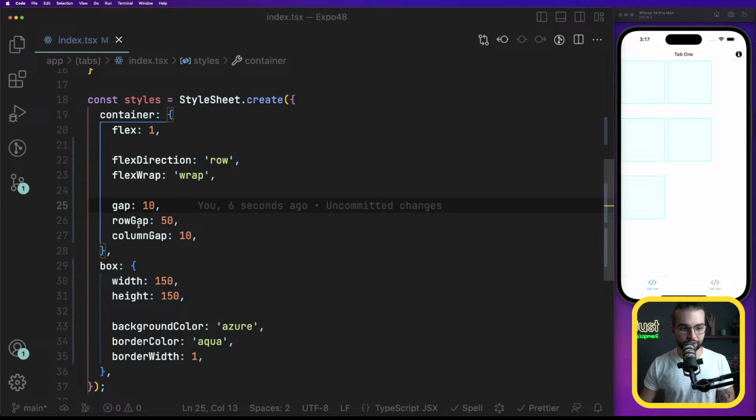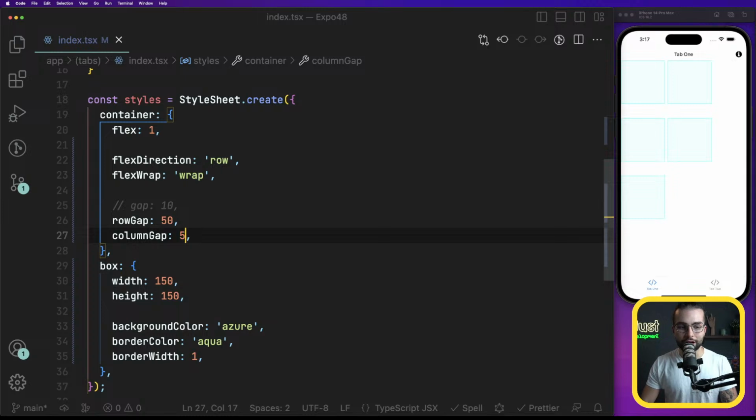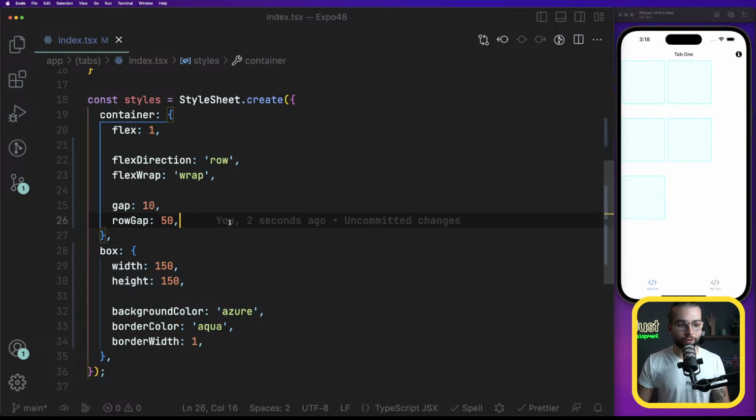So if you're using both row and column gap, you do not need this gap, because this will add the gap for both rows and columns. And here you can play around with how you want your flexbox to look. All right. So that was everything about the